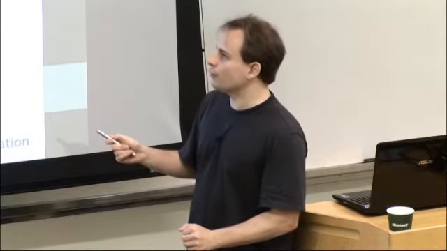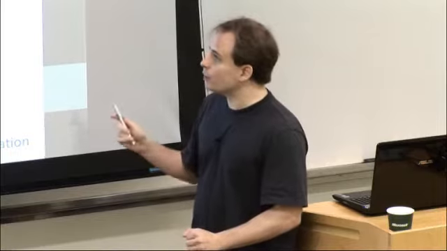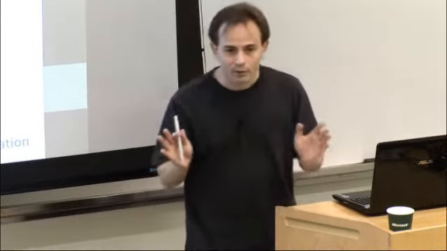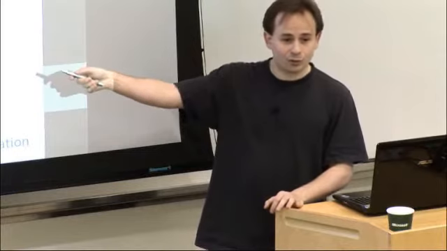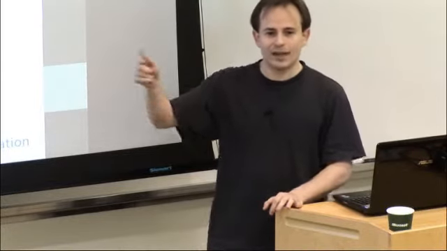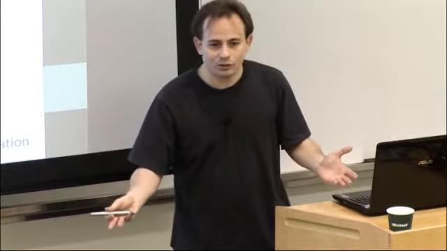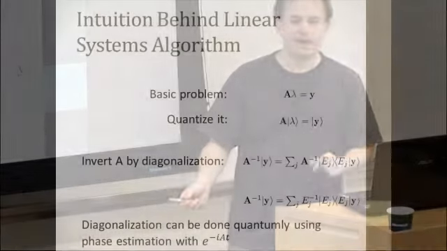And basically the way that this problem works is imagine you have some known matrix A multiplied by some unknown vector. It gives some known data. And what you want to do is find the unknown vector. So this is a standard matrix inversion problem that you want to solve, something that people do all the time. Obviously, if this provided an exponential speedup that has no caveats, this would certainly be a killer application. But there are some pretty big caveats that we'll get to in a second.